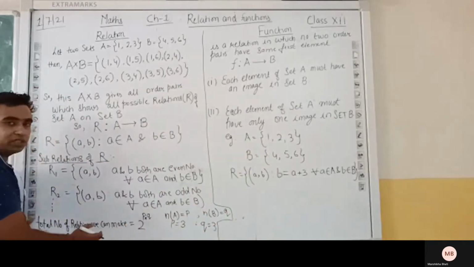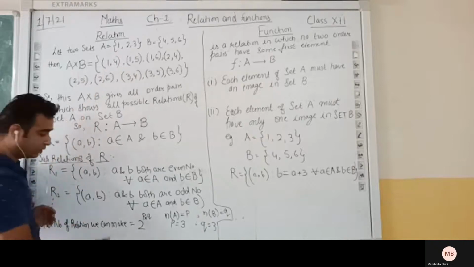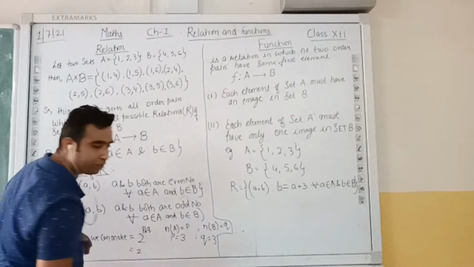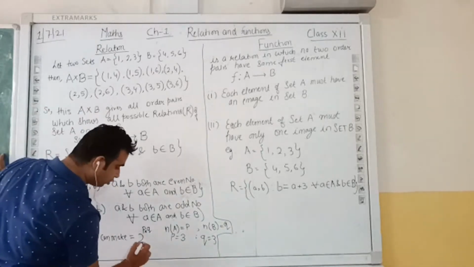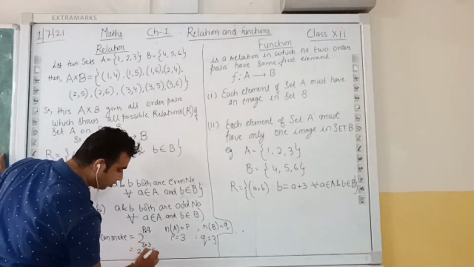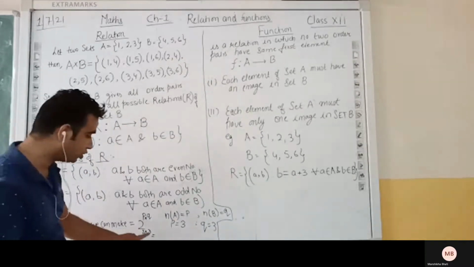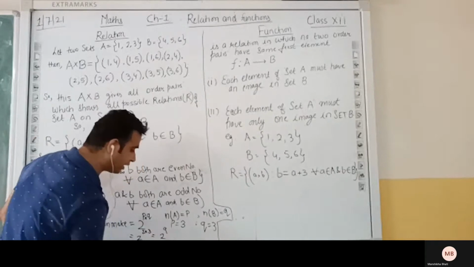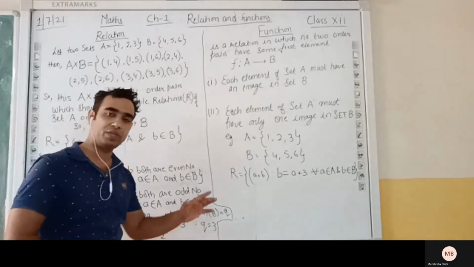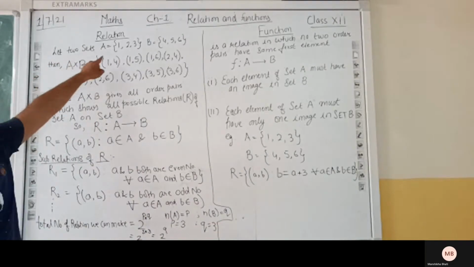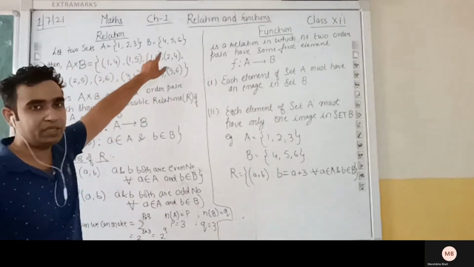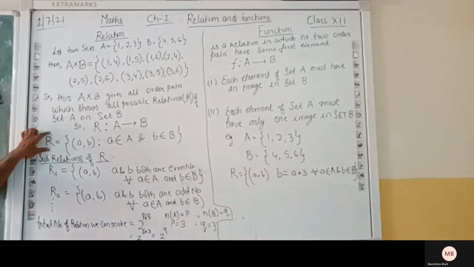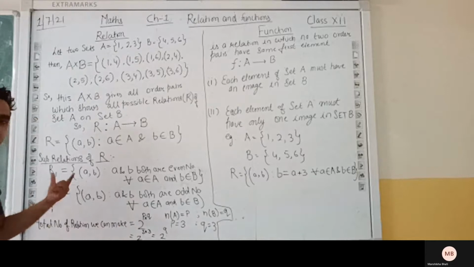So now how many relations can we make from this given set? That is 2 raised to the power p into q. The value of p is 3 and the value of q is 3. So we will put here 2 raised to the power 3 multiplied by 3. Okay. So here we get 2 raised to the power 3 multiplied by 3. What will be that? 9. So here we get the result 2 raised to the power 9 kinds of relations we can make from the sets A and B. So from the Cartesian product A cross B, or from this main relation R, we can find their sub-relations.